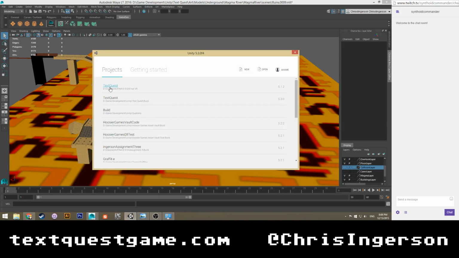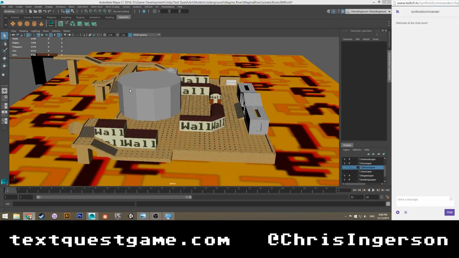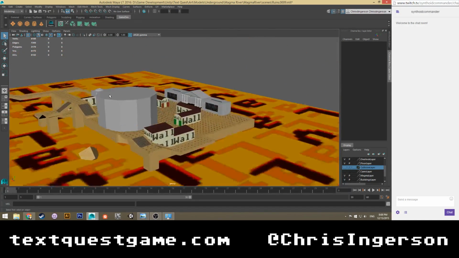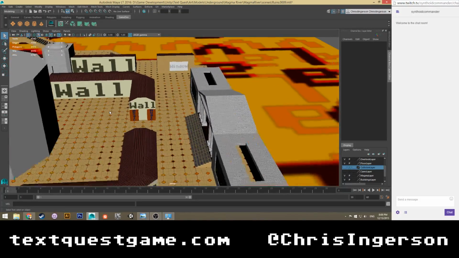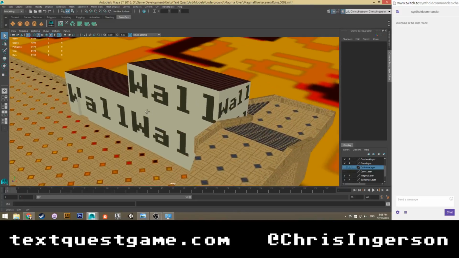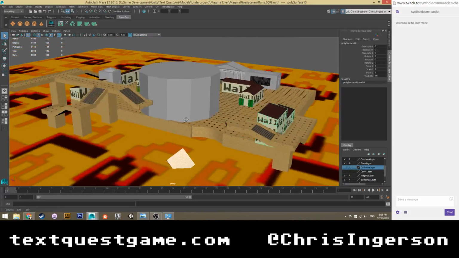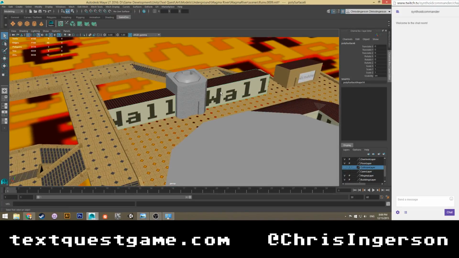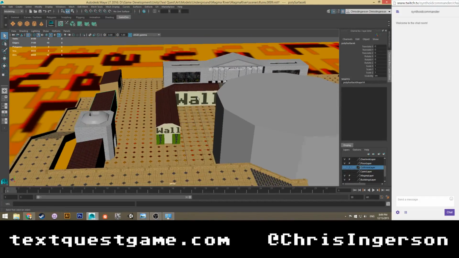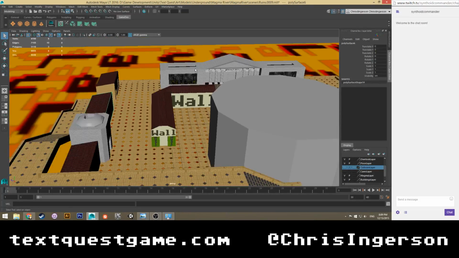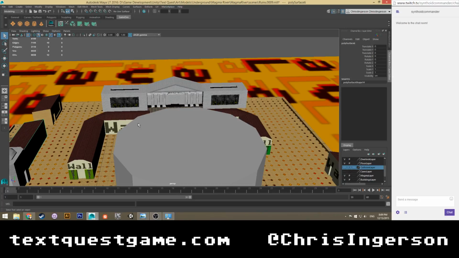So there's that, and here's the actual TextQuest build. Gonna have to get rid of that other one. But yeah, I textured a lot. I textured everything except for the arena, actually. And admittedly, some of it's pretty lazy. So we're going to end up retexturing the walls for this building. Probably end up retexturing the walls for these buildings. Actually, we might end up just remaking that wall texture because it's fairly basic.